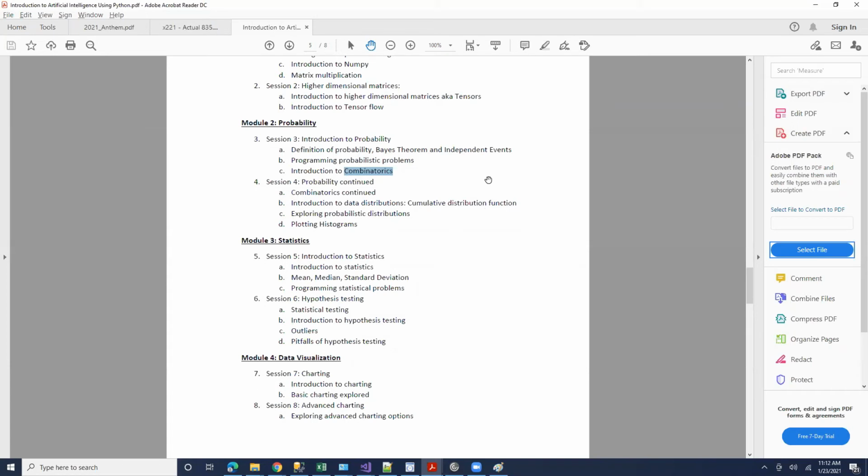Data distributions. How many of you know what data distributions are? Not that kind of data distributions. For example, heights of people are commonly thought of to be a Gaussian distribution, or scores of students in a class is commonly thought of to be a Poisson distribution.